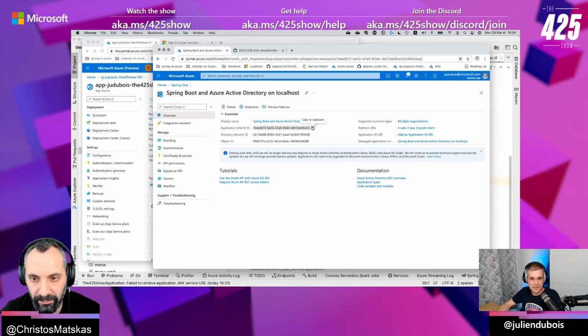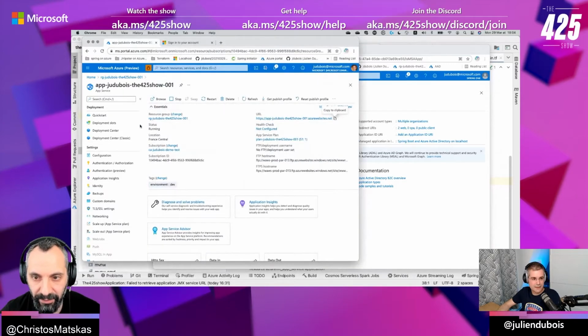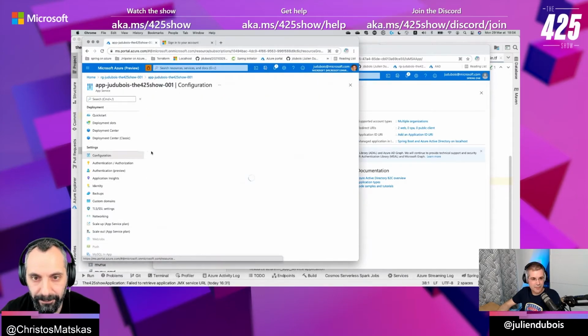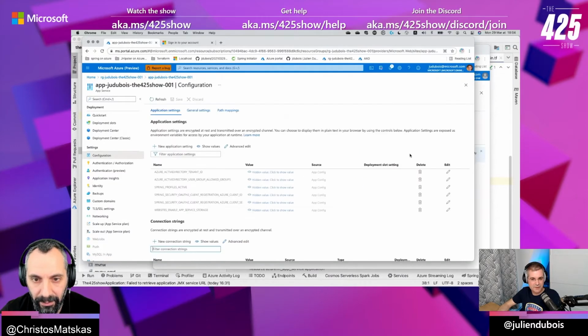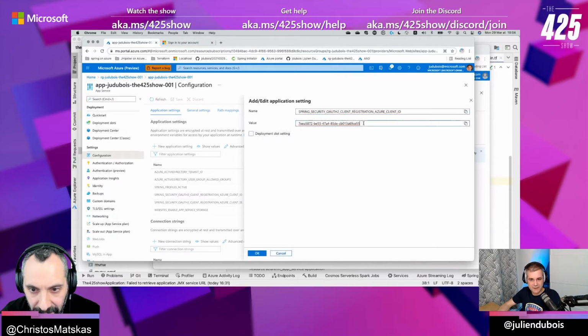Can we confirm that this is the right one in your app service environment variable? Let's have a look. I'm pretty sure I copy pasted it, but it could be a small space, a small typo. Not the tenant, but your client ID. Let me paste it just to be sure. It's the same.